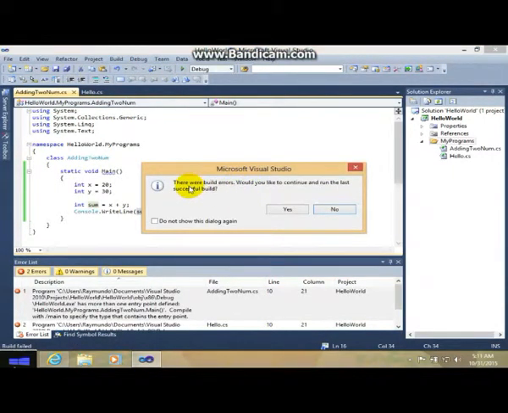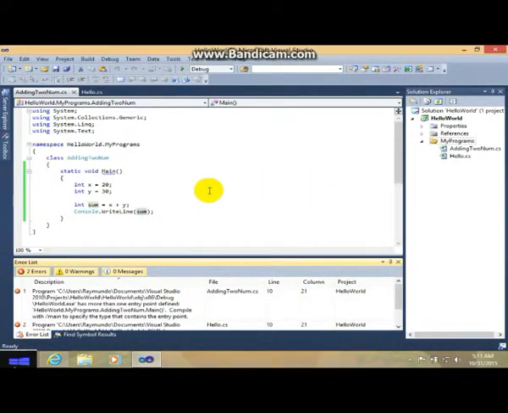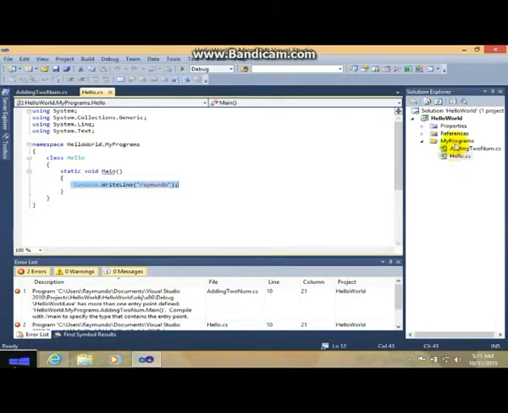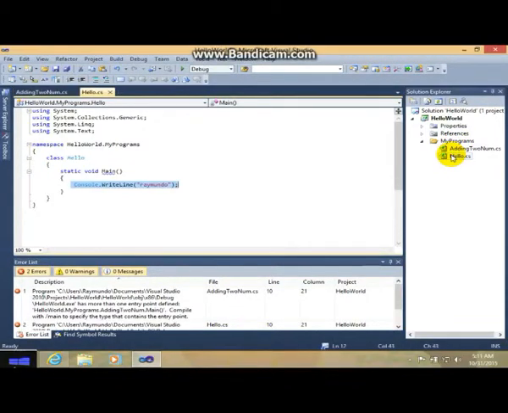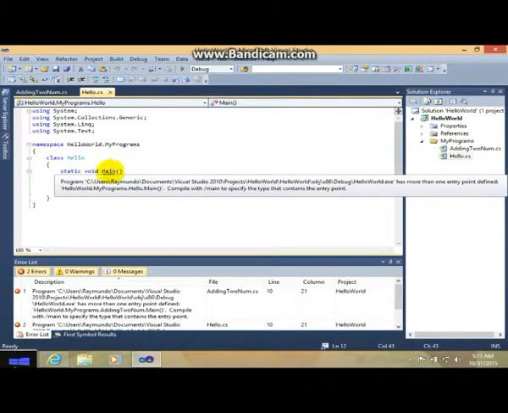Oh, here's the error. Usually this is the error when you create another program, and you created one last time, and you created another, like two classes. You need to exclude the previous class, because you are using the same Main.